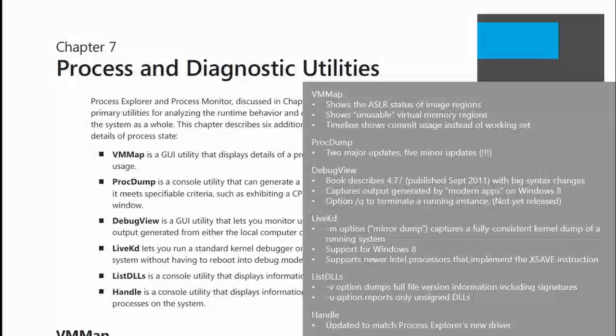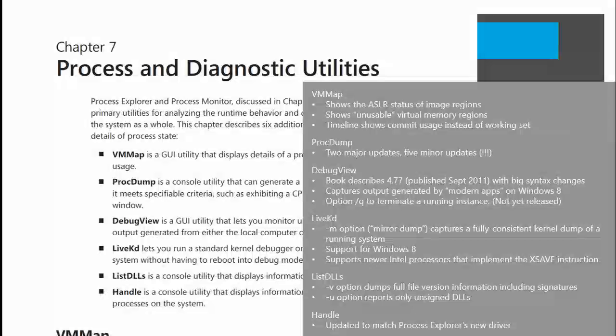I'm going to run low on time, so I'm going to skip some of the stuff with, well, let me mention list DLLs. New option -V allows you to see much more verbose information about the DLLs that are loaded in the process, and the -U option is very valuable because it'll tell you, only show me the DLLs that are loaded in the target processes that are not signed, where the DLLs are not signed images. It's a good way to look for malware.